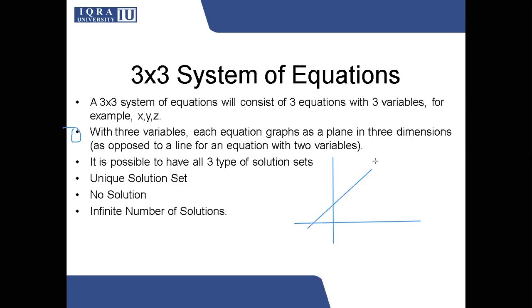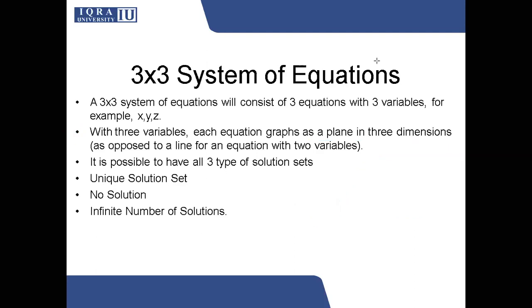So y equals 2x plus 3 graphs as a straight line in 2 dimensions. When we're working with an equation with 3 variables, when z starts getting involved, we cannot graph that equation in a 2D plane. We need to graph that equation, first of all, in 3 dimensions. That means we need to introduce another axis called the z-axis. And the important thing is each equation graphs as a plane.